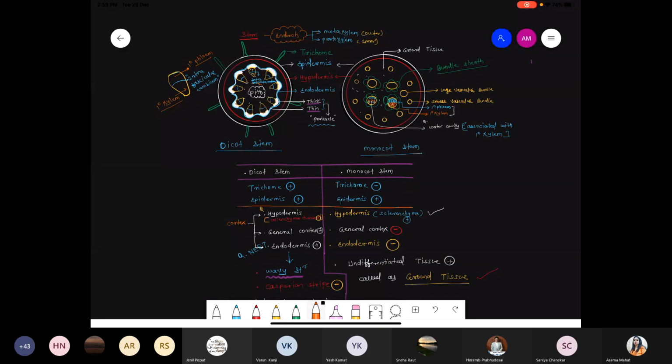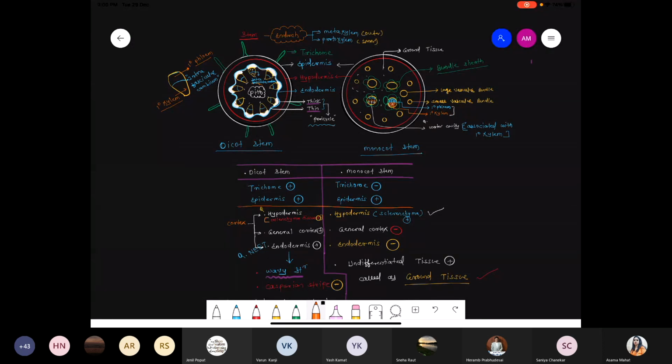So please make sure to use photo memory and focus on the diagram. Whatever information is given below, try to remember it with the help of the diagram. If you remember only the matter below, you will definitely swap things here and there, so there is confusion here. Dicot and monocot, like what happened in my last class, 2 to 6 polyarch and hexarch. So that's why I'm telling you, focus on the diagram. If you remember the diagram, you can remember each and every term.